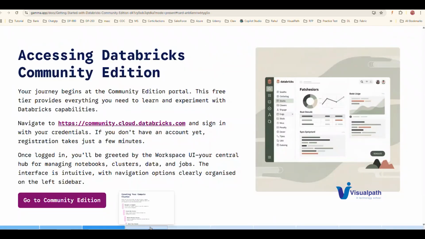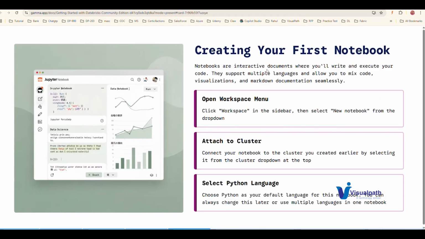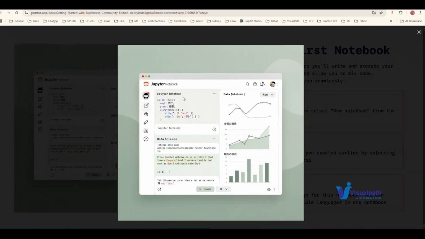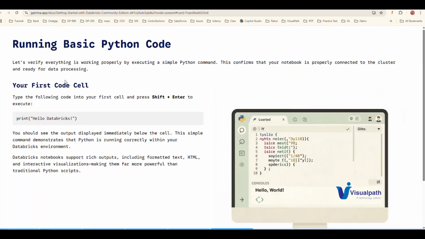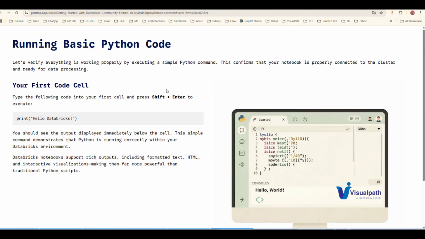So this is the Community Edition, and we will go for the runtime compute cluster, and then we will learn how to attach your first notebook. This sort of thing is the coding, how we will do the Jupyter notebook coding and all. Then I will do the coding session. So the hands-ons will start there, for 1 hour whenever one topic is covered in a day.